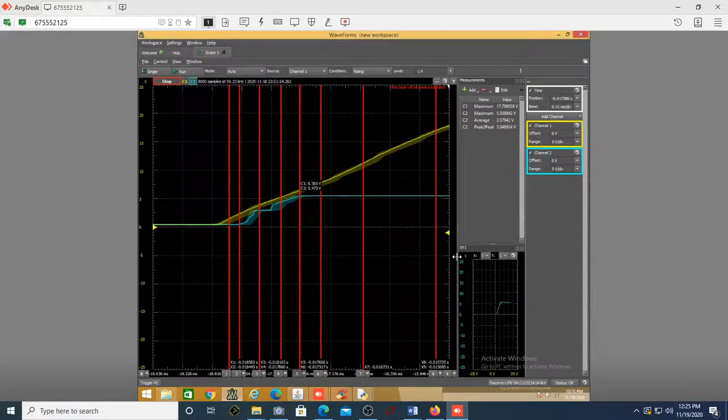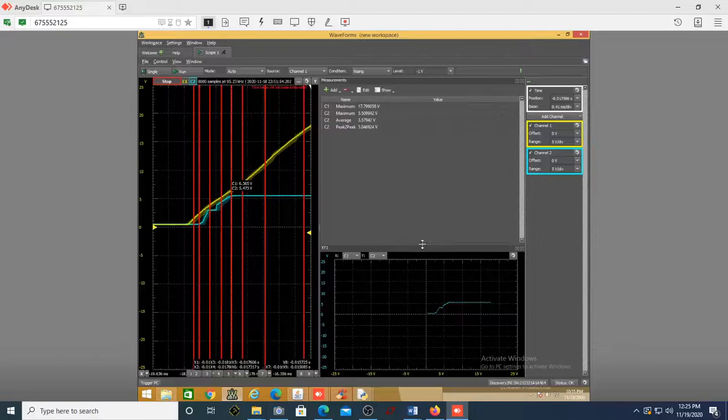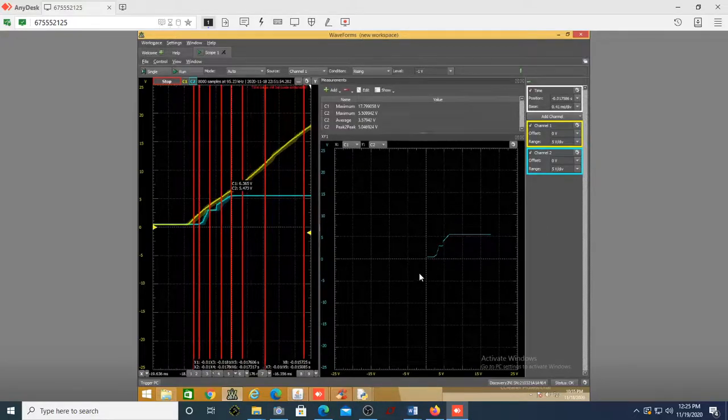What I'll do is I'll just make this bigger enough so that you are able to see it. Can you see the input voltage is increasing, output is also increasing. If the input voltage goes beyond this value, you can see it's becoming constant. So this is exactly your transfer characteristics of the line regulation.